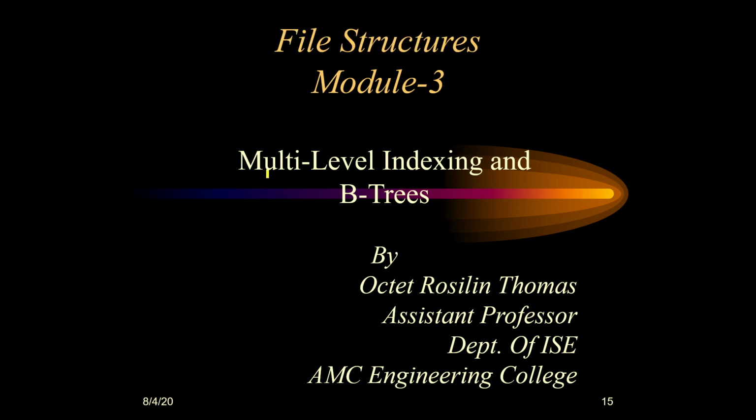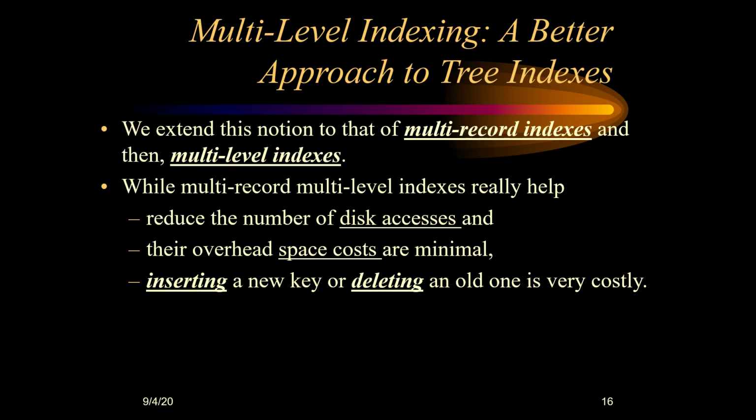So in multi-level indexing, we'll see in detail how multi-level indexing is done by using B-trees. Here, multi-level indexing can also be called multi-record indexing or multi-level indexes, because we mainly see an approach where we try to introduce multiple levels of indexes or index files. How does it actually help us, or how does it improve